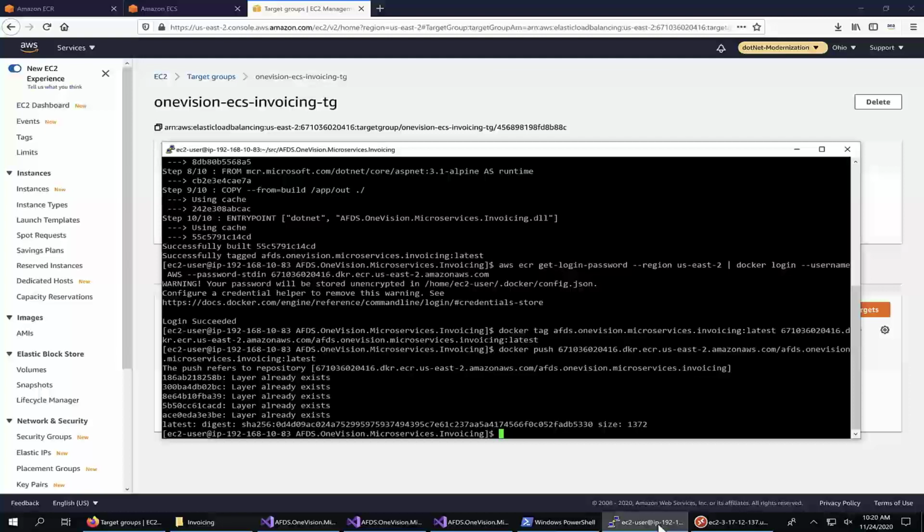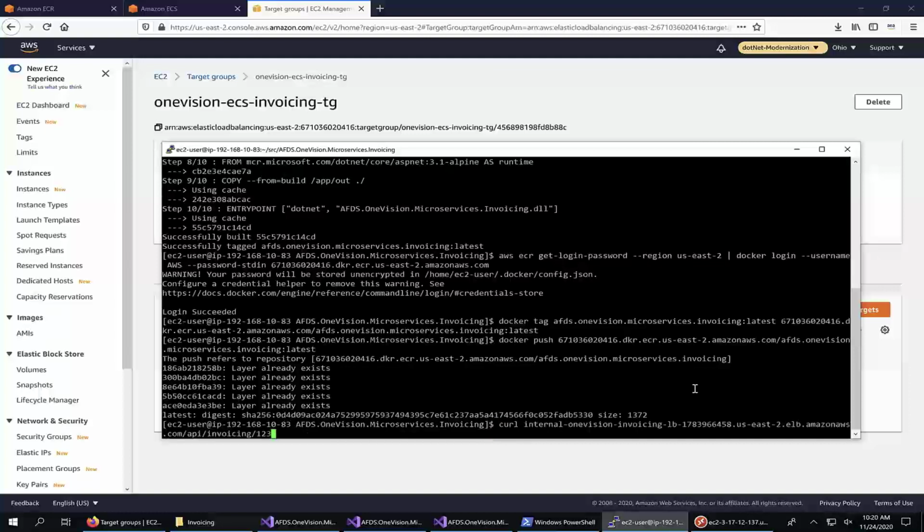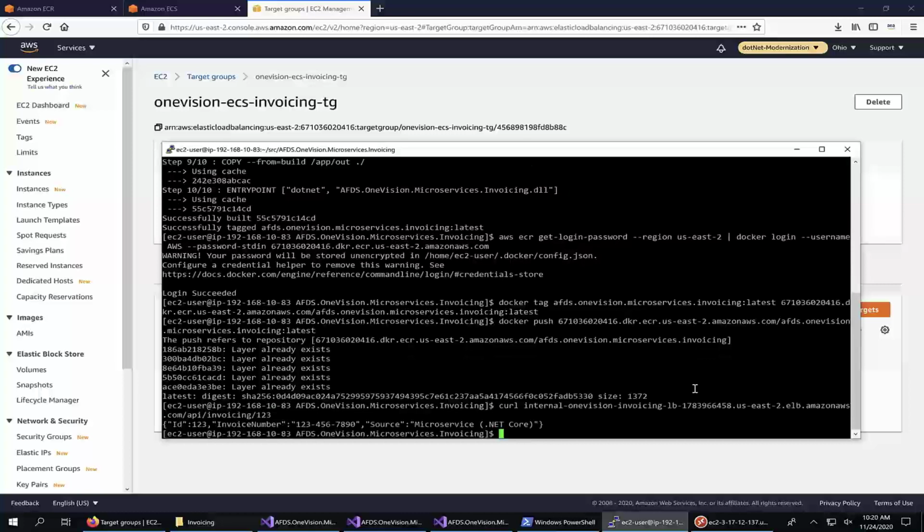Because we're now inside the VPC, we can connect to the load balancer using its DNS name. If everything is working, we should see some JSON output from the invoicing API. Okay, great. There's that JSON output from the invoicing API. This means the containers are doing what we expect. They're running the invoicing microservice.